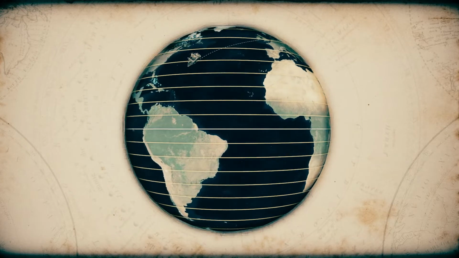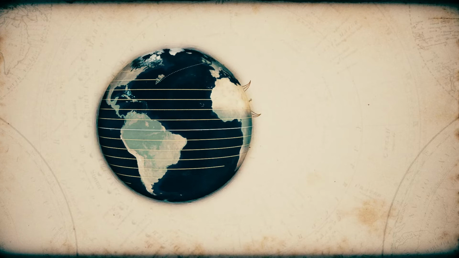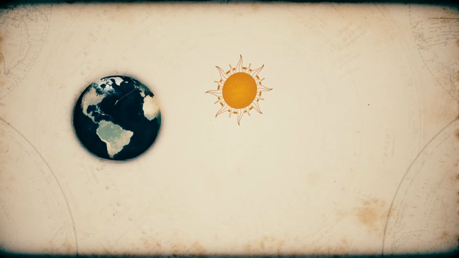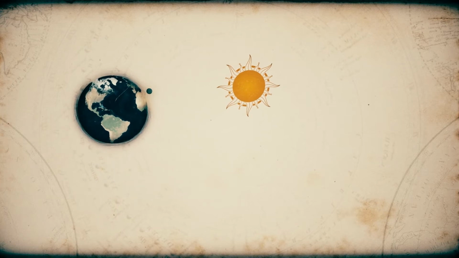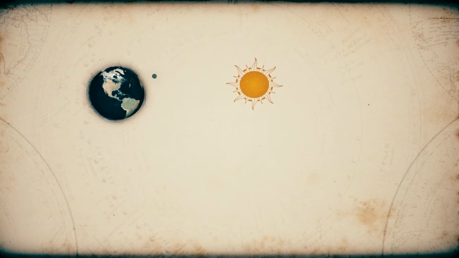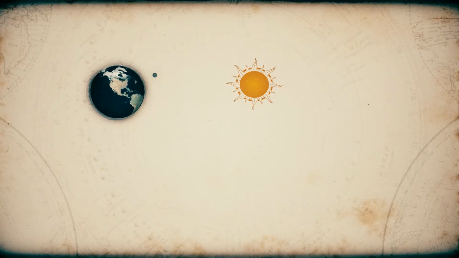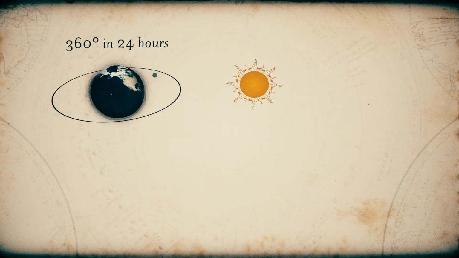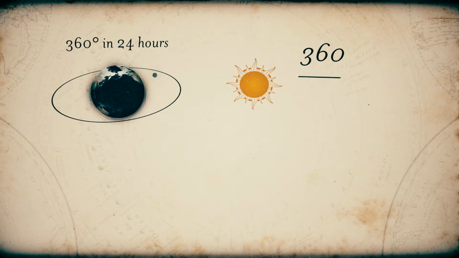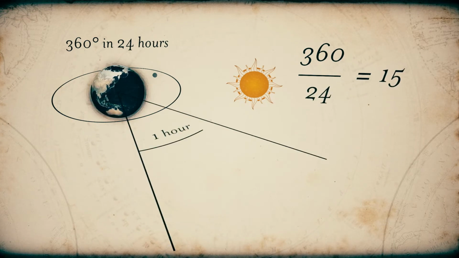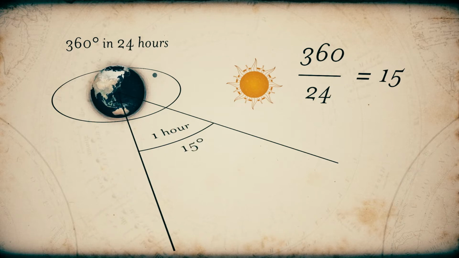To solve this, Captain Vancouver was able to use an innovative new method that had just been perfected by his predecessor, Captain Cook. The solution relied on the regular rotation of the Earth in relation to the Sun, and a very accurate clock. Here's how it works. We know that the Earth rotates from east to west 360 degrees every 24 hours. Just do the math, and 360 divided by 24 makes 15. So in 1 hour, the Earth moves 15 degrees relative to the Sun.